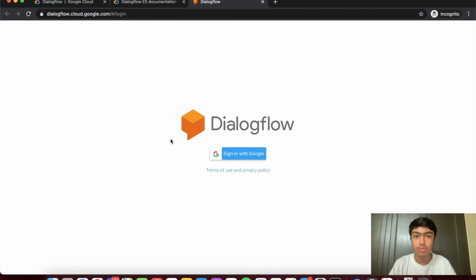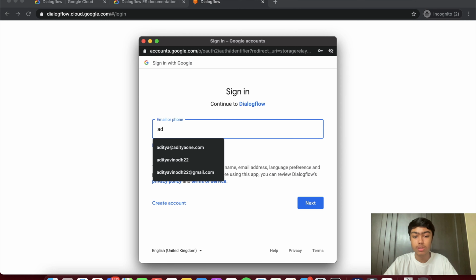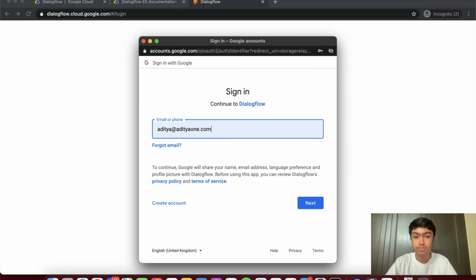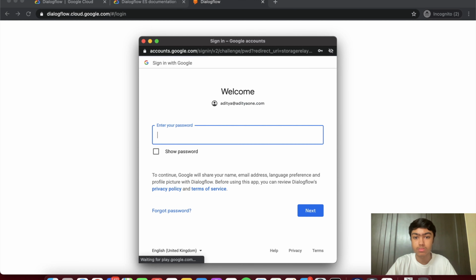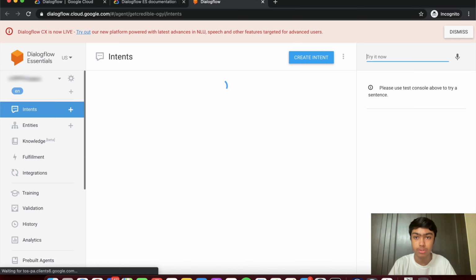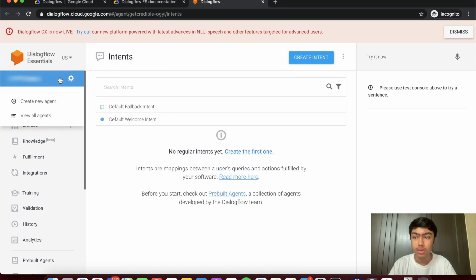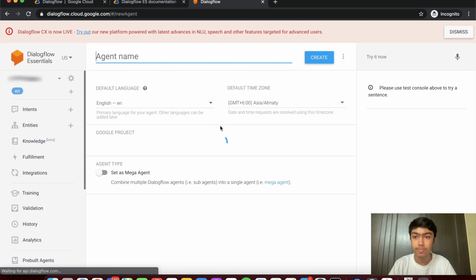So all you need to get started with Dialogflow is a Google account. So it's going to prompt you to sign in with the Google account. You can do so. So once you've signed in, it should take you to a page where it asks you to create a new project. Since I've already created a project, I'm going to manually say create new agent,